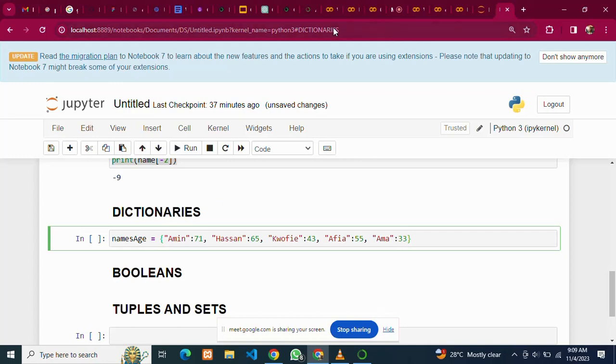Remember, in dictionary we use curly bracket. Now it has a key and a value. So here, the string is the key, and the value is what? 71. Hassan is the key, the value is what? 65. So if I want to print